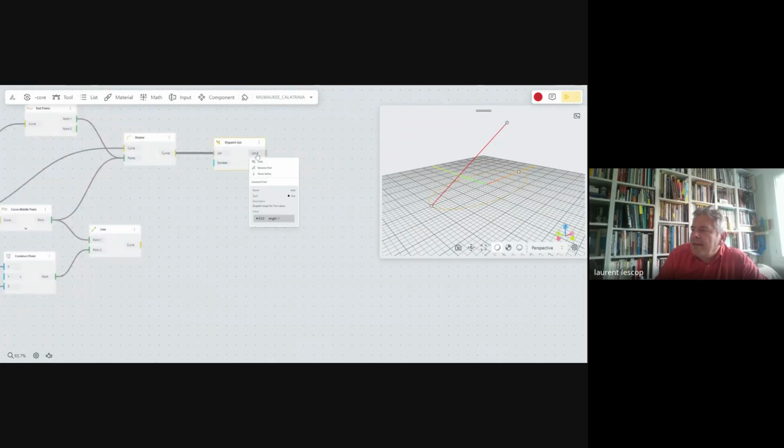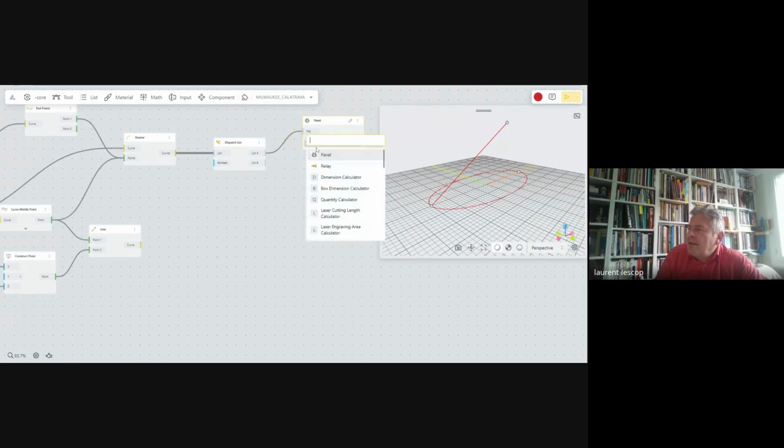If I click here, you see in the menu, I've got the detail of what I've got inside. I could also use the debug tool just to check if it works. Okay, one. And if I go up here, I can see I've got one.